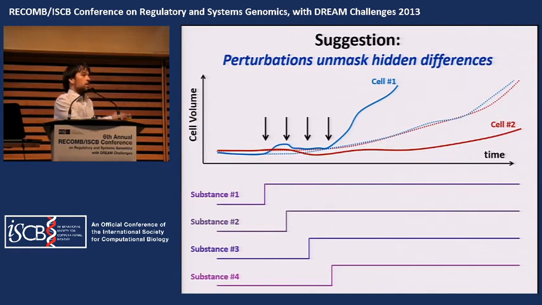What the optimal solution might be is to use a multifactorial approach where you deliver many different chemical substances at different times in the simulation, and this might cause an even greater divergence of the growth curves. So it would be interesting to utilize this technique, and this might help, especially if rather than fitting 30 parameters, we want to fit all the parameters in the model, which I believe is over 1,000 at least.